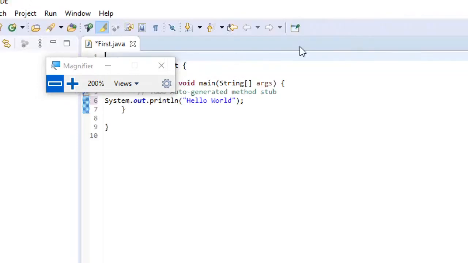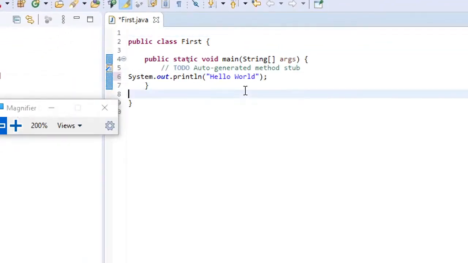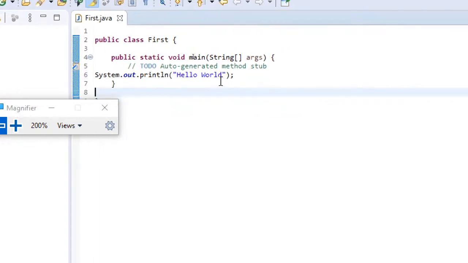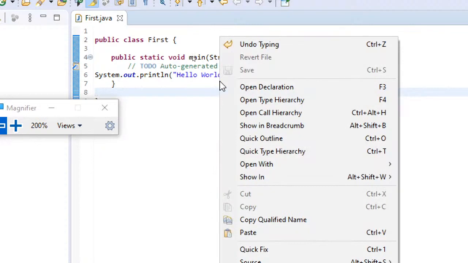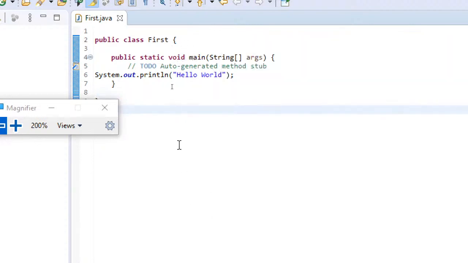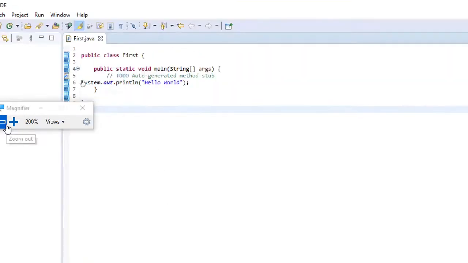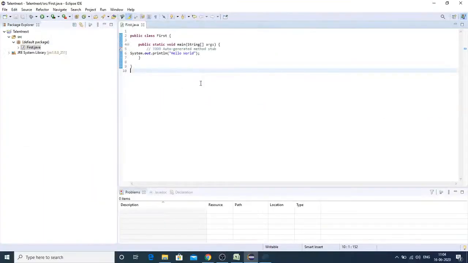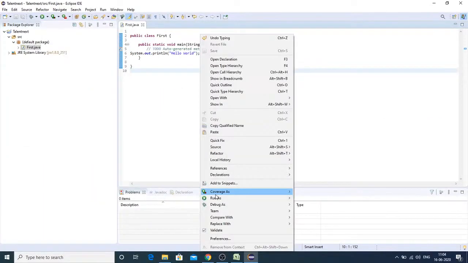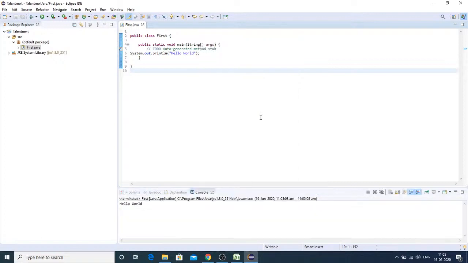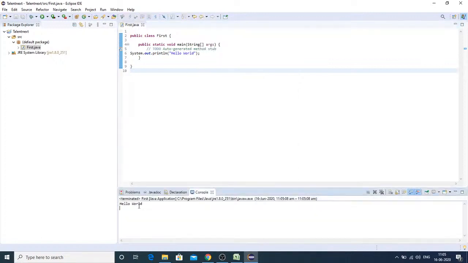So I hope you are able to see this now. Once you are done, you can just save by using Control S, do a right click, and there you can see run as. After you click run as, you can see the Java application. You can just click the Java application, and there you can see the output being displayed. It's very simple to use this